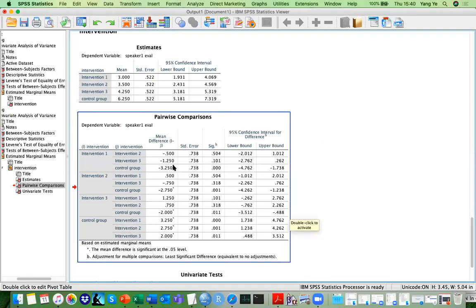It also says, whenever there's a star, if you can see at the bottom of the table, a little star, the asterisk here, it indicates that the mean difference is significant at the 0.05 level. Okay? So now we can see that not only do we know that overall the means are different, but